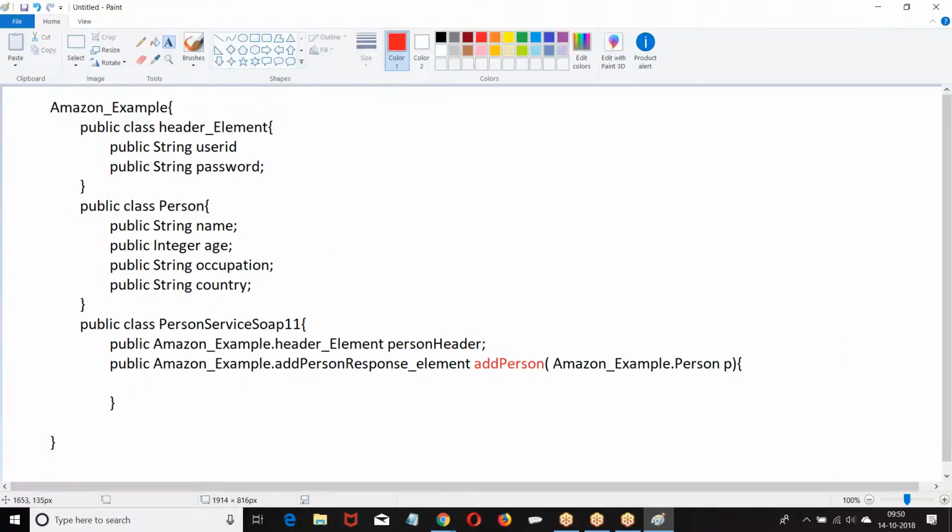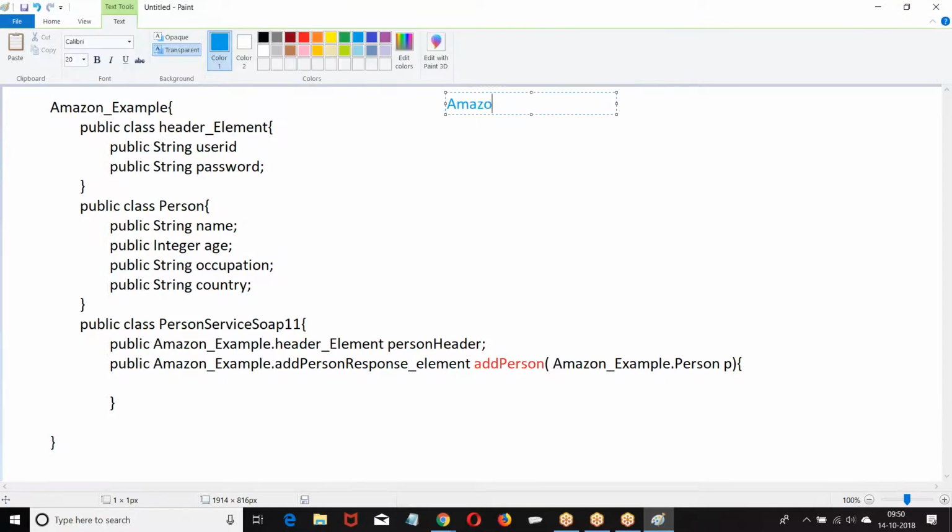Now what was I supposed to do? First, what is our outer class? Image on, because any member of the class should be accessed with the object only. So outer class dot inner class. What is the inner class?